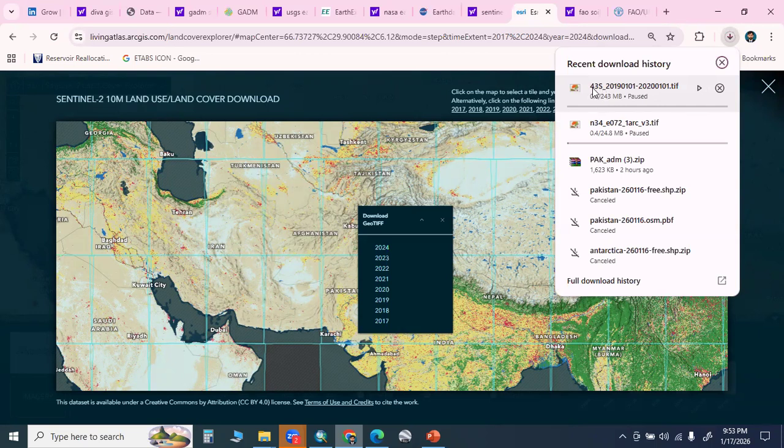This is actually the 43S zone, right? 43S. It is as per the labeling, but Pakistan lies within the region of the northern hemisphere. Fine. When we have to select the UTM zone, it will be 43N. When we have to check for